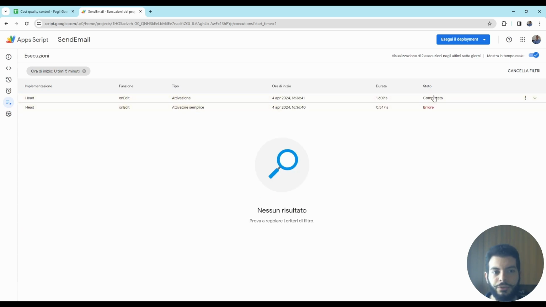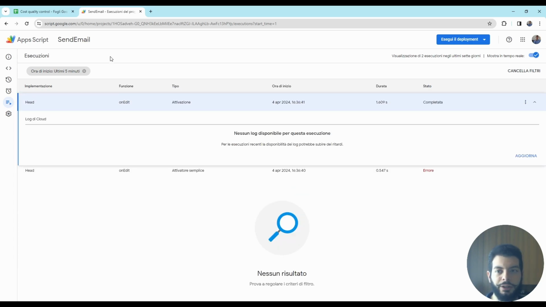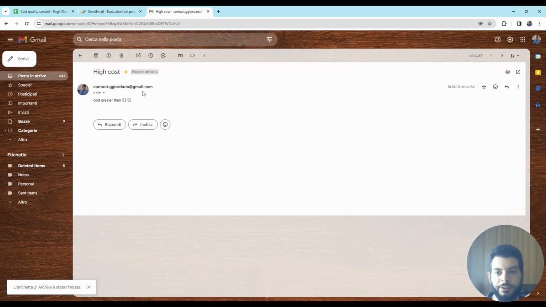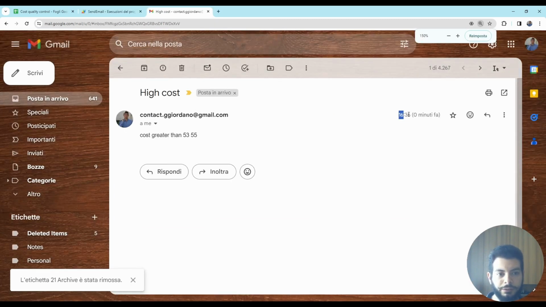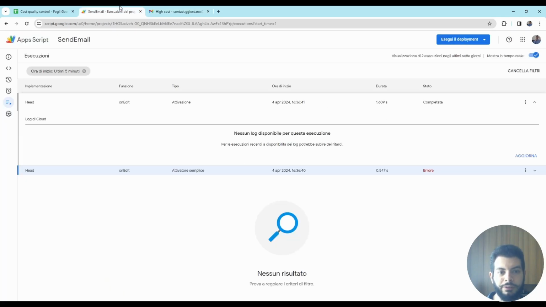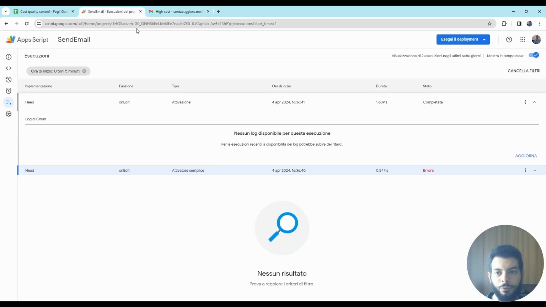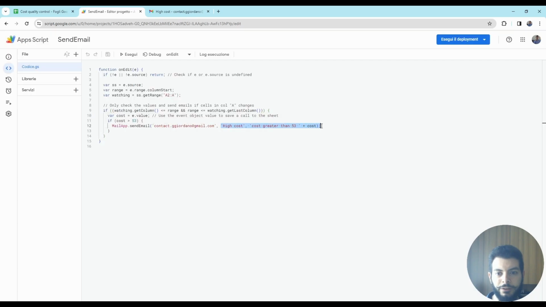You see, this is completed. Of course, I didn't specify a log inside the script, so here you see nothing. The error you see here is not a big deal. Inside the emails, you see that I have the same timestamp of here, and it says what I specified here.